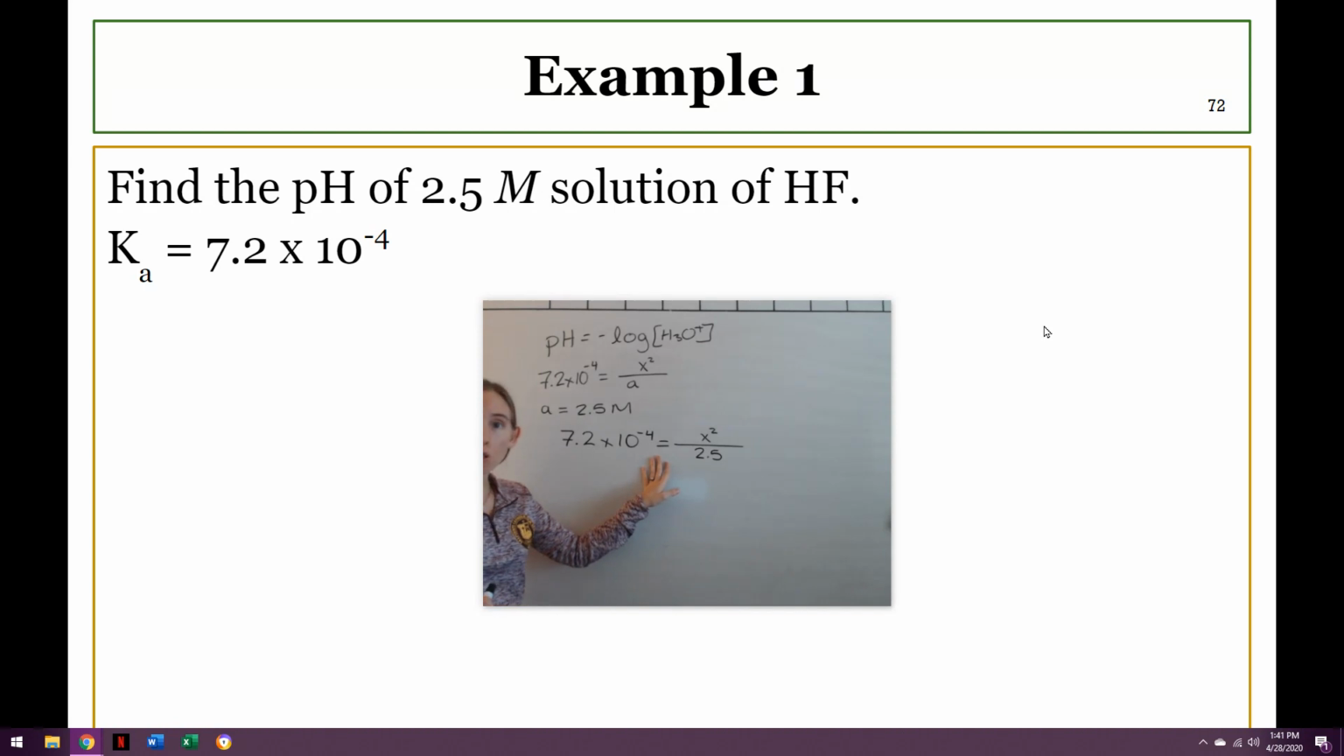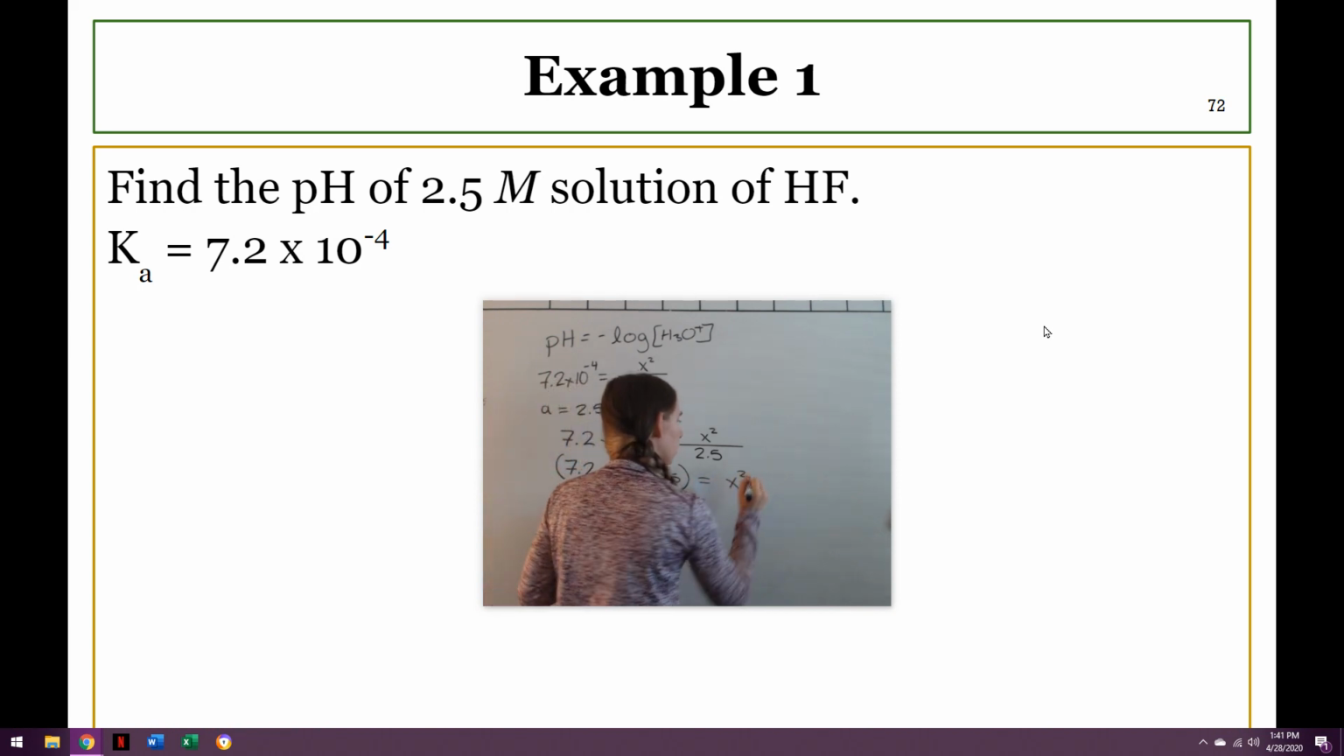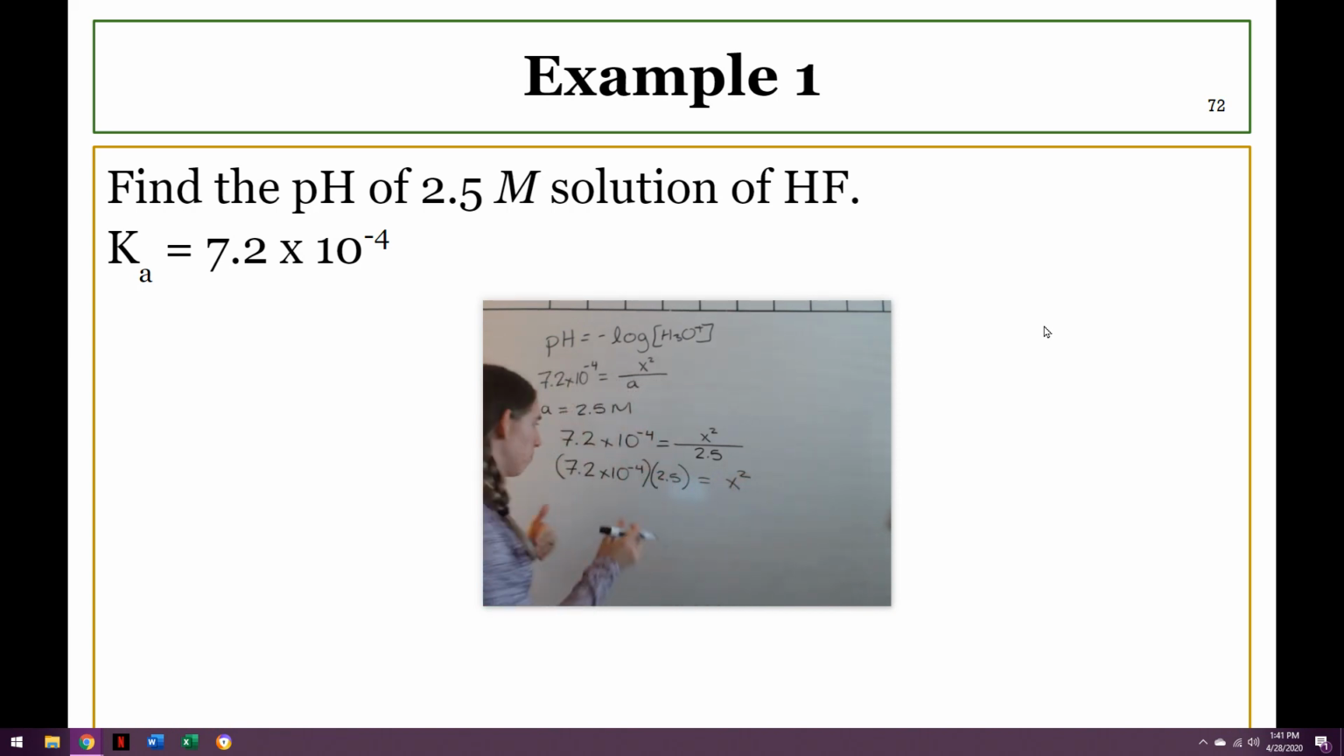Now it's a simple algebra problem. We don't have to worry about that X down there. No quadratic formula needed. So using algebra, we're going to multiply both sides by 2.5. So we have 7.2 times 10 to the negative 4 times 2.5, that is equal to X squared. So if we take the square root of both sides,